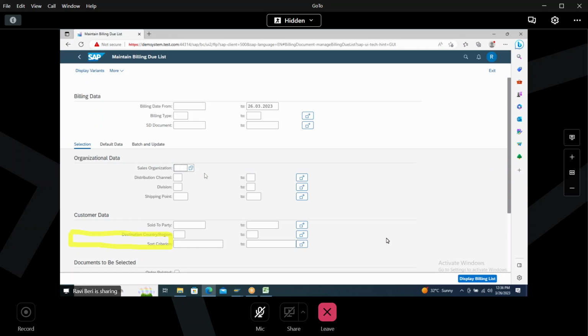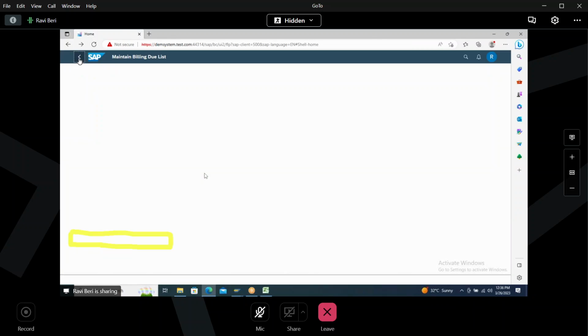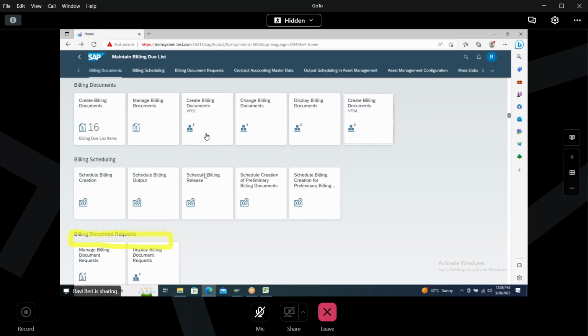We know the collective process. If you want to create an individual invoice, click on this. We have create billing document. We have 01. Okay. So once that error is solved, I'll show you in the system also. But meanwhile, this is how we do the process. Next,